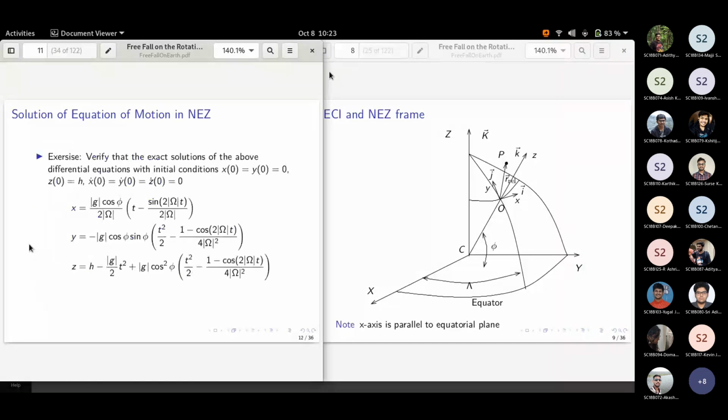Let us see. So we will get this complicated expression. We will see how we can approximate also. However, here we have assumed these initial quantities x0, y0, z0. x0, y0 is at the origin and z is at a particular height. So the object is at a particular height and then its initial velocities are 0.